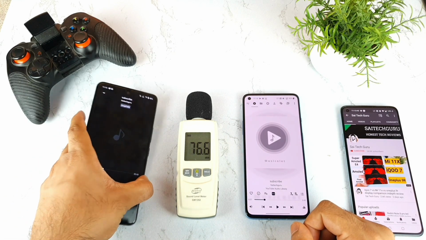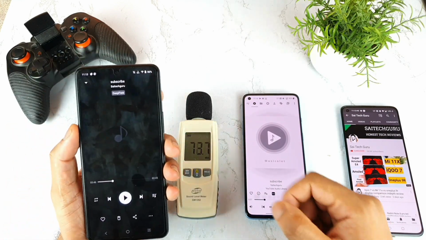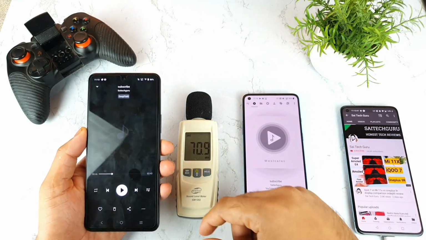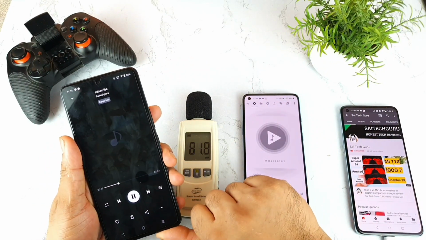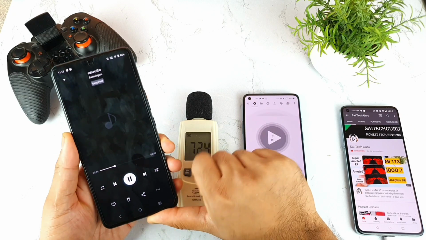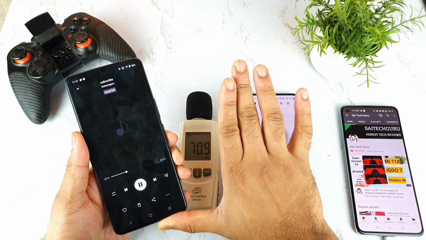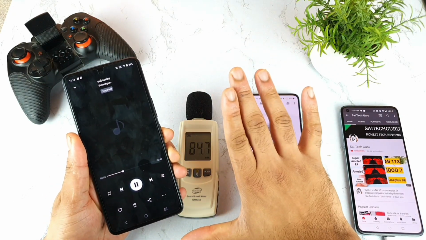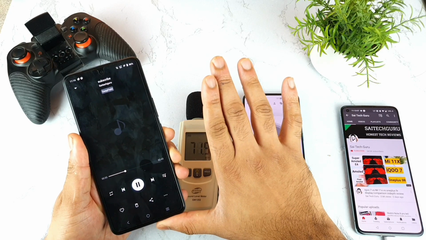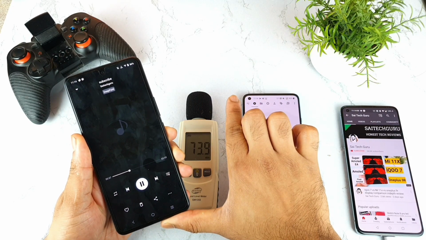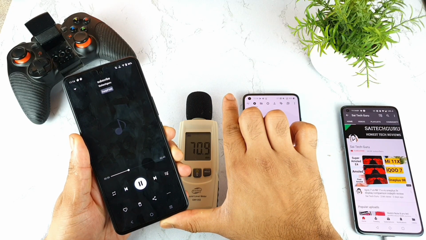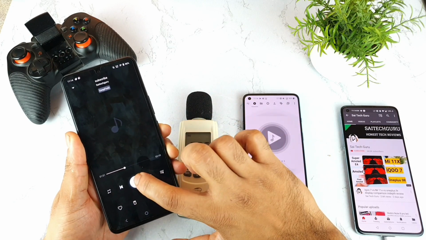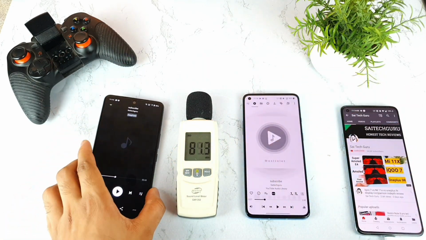Now let's test by closing the bottom speaker. Let's see how much audio will be audible from the top speaker. This is the audio coming from the top speaker friends.